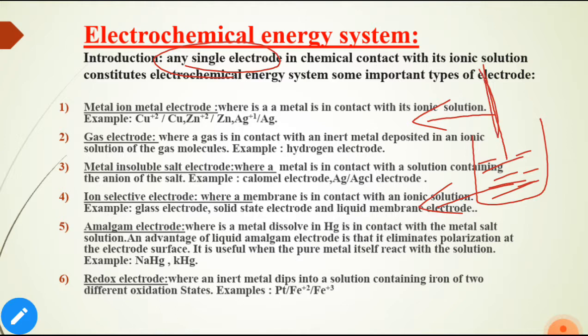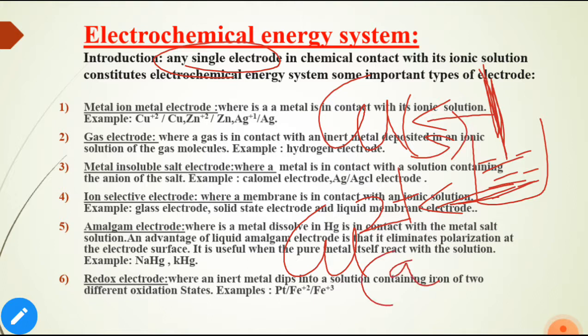Here we are taking some metal in contact with an ionic solution. Take a metal, for example copper, in contact with the ionic solution. The solution is aqueous, in the Cu+2 state. The copper rod is always in the solid state, and Cu+2 is always in the aqueous state.